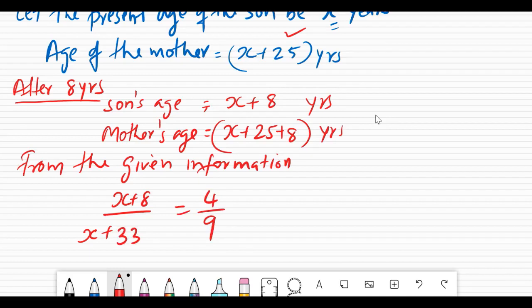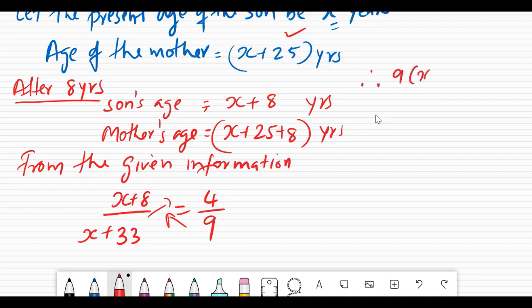Now we reach a status where we have an equal sign, and on both sides we have some numbers, and only x is the variable. So we have solved this kind of sums. We can simply equate this by cross multiplying, which you have studied. So what we will do in the next, we can simply say that